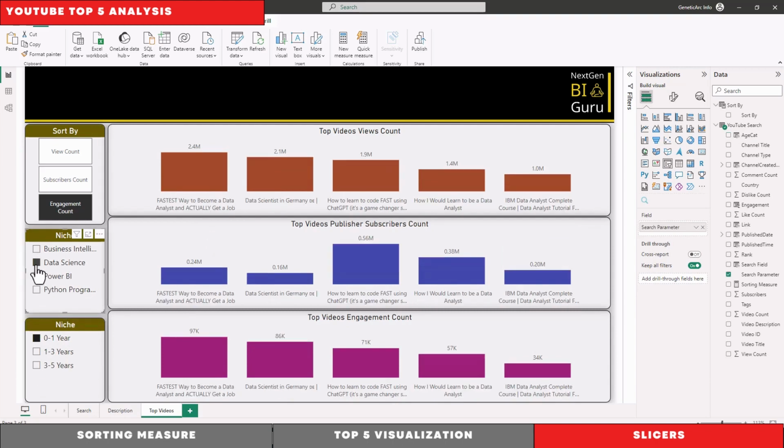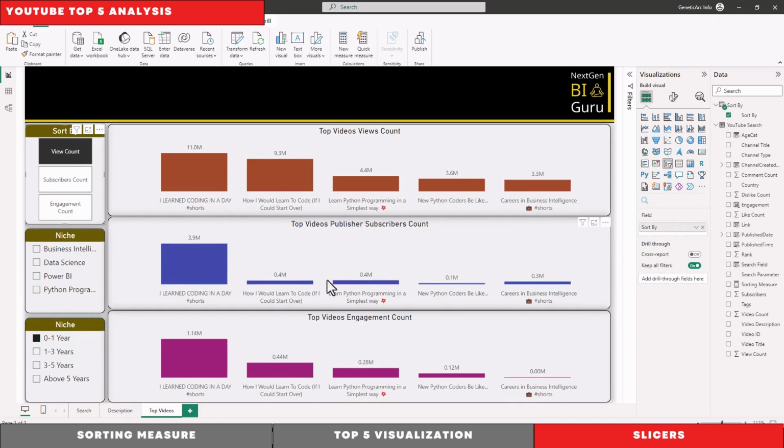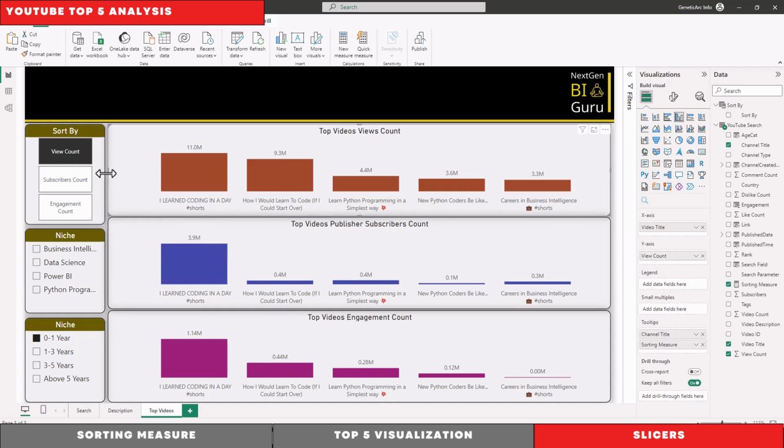And of course, all the slicers will work together. So this is based on the filter of engagement count. You change to view count, it will be the same. There's one final thing I want to do here, is formatting the background for the titles for these visuals and make them dynamic based on the slicer we select for the sorting. So let's start by this one.